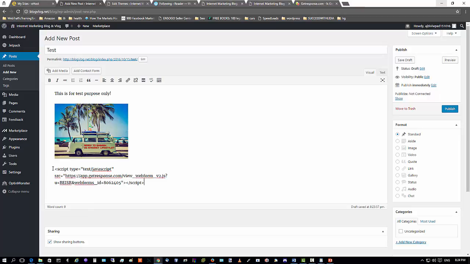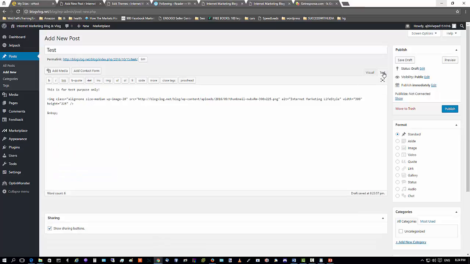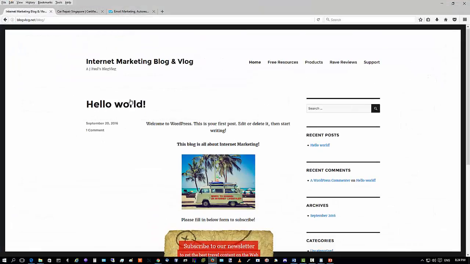JavaScript. Okay, JavaScript. Remember, you can't paste it here. You have to go under text, under this format, because this is a code. So you have to paste it under code format. Okay, now you see it looks like a code, and so this is a new post. Okay, so this is the title of my post that will show up on here,